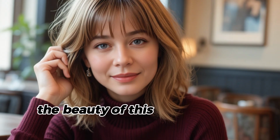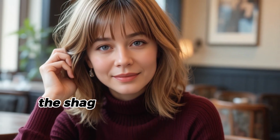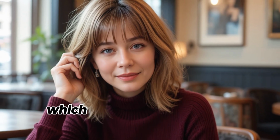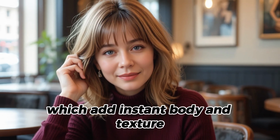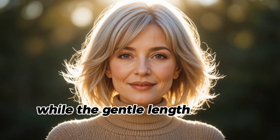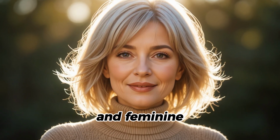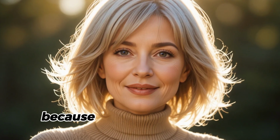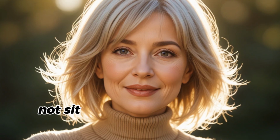The beauty of this cut lies in its layers. The shag features soft, blended layers throughout the crown and sides, which add instant body and texture. These airy layers make thinning hair look fuller, while the gentle length around the shoulders keeps it versatile and feminine. It's one of those rare styles that flatters every face shape because it's designed to move, not sit stiffly in